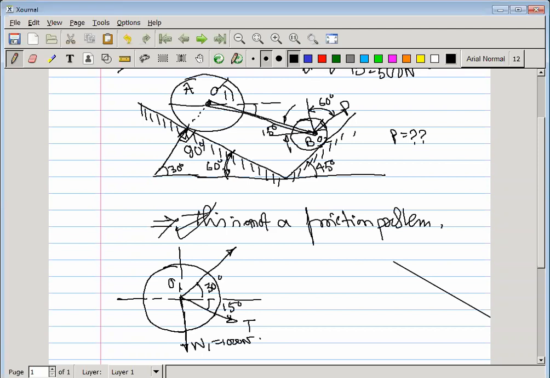Can anybody tell me what forces are there? As there is no friction, we consider the surface smooth. So here only how many forces? Three forces. One is the reaction force, we can write it R1, and then W1, and then T. Is the free body diagram clear to all of you for this body A?